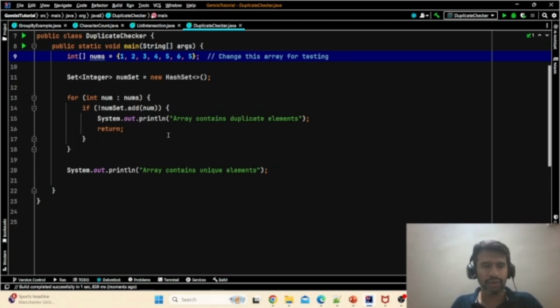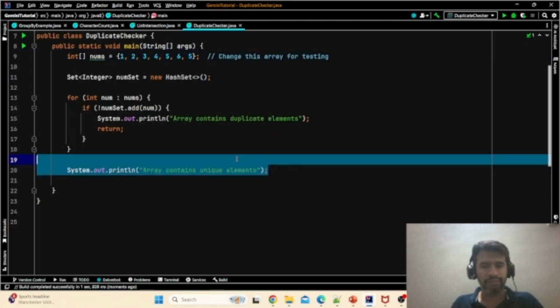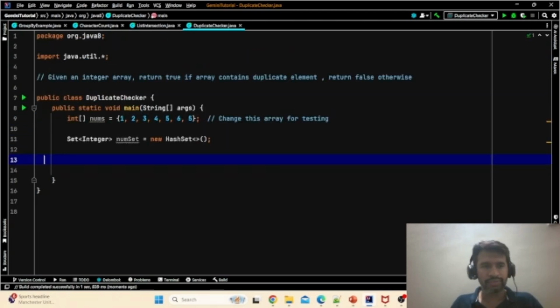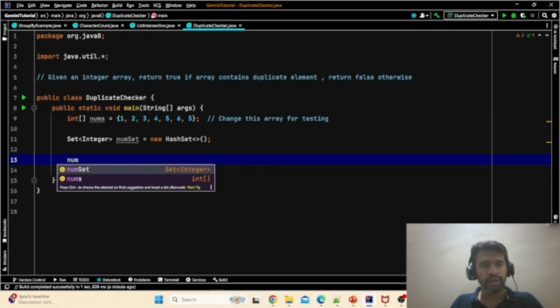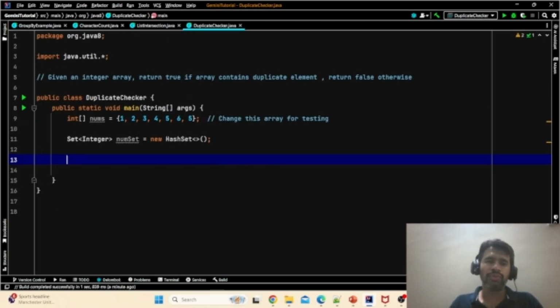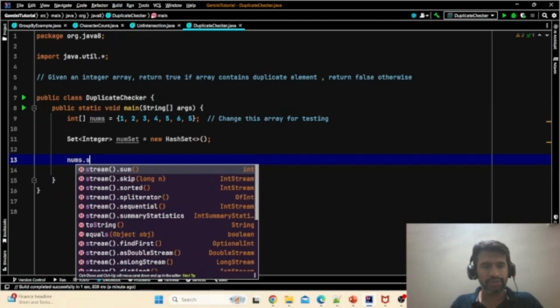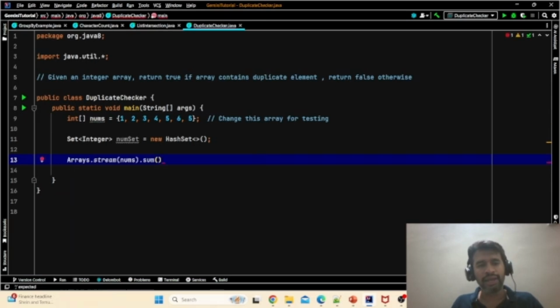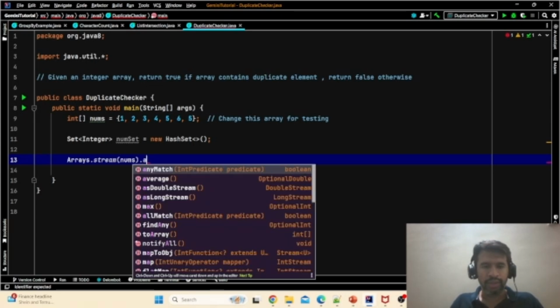The set is required anyway in our example, so maybe I'll just take out the rest of the stuff. Do you know how to get a stream from arrays? There is no direct stream functionality. If I do this, the IDE is automatically adding Arrays.stream. We don't need sum. Basically, we have to stream the numbers, and the stream